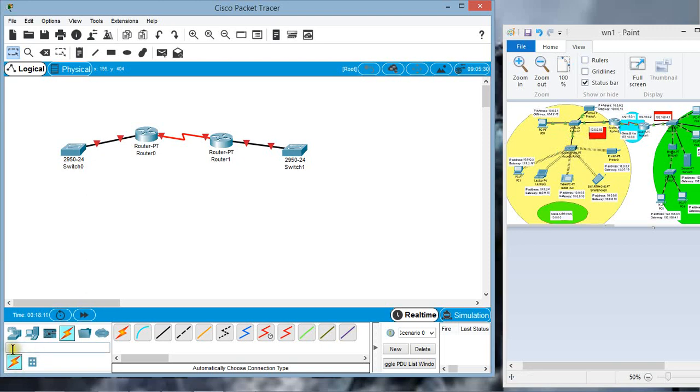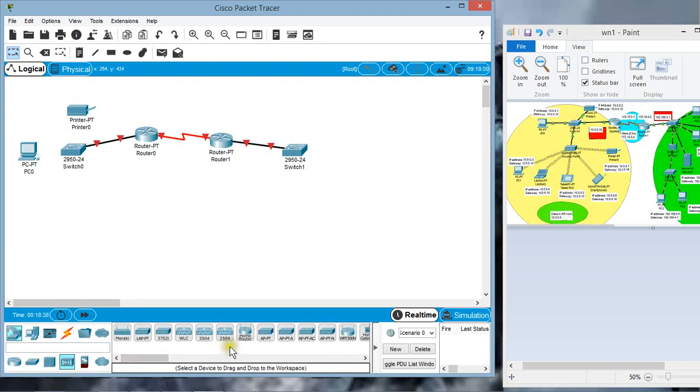Let's take a printer. From the end devices we need a printer. Let's connect the printer to the switch, then an end device PC to a switch, and then let's take an access point, wireless access point, Access Point-PT. From these wireless components we'll take an access point PT, and then we'll take again the wireless end devices.